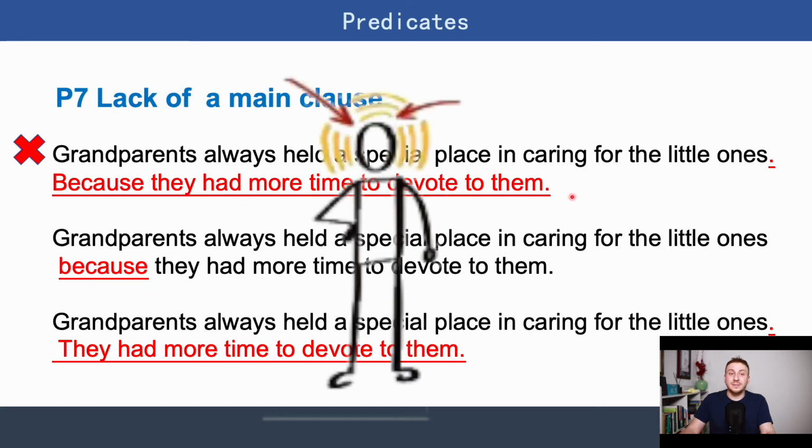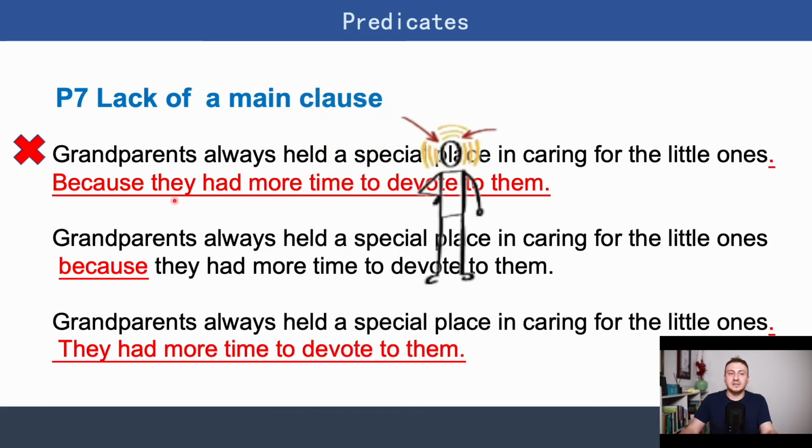Something is missing, right? Because they had more time to devote to them, something happened. What is the result? Because is a subordinating conjunction, right? And because we use because, this is a subordinating clause. In order to make a complex sentence, we need to have a main clause, right? So the first solution would be to remove the full stop from here and join the subordinating clause with the